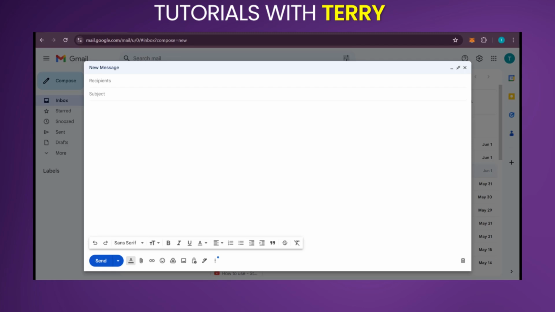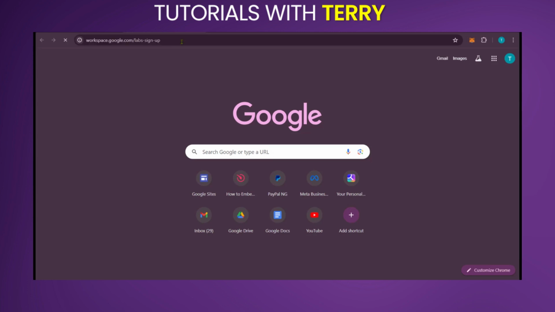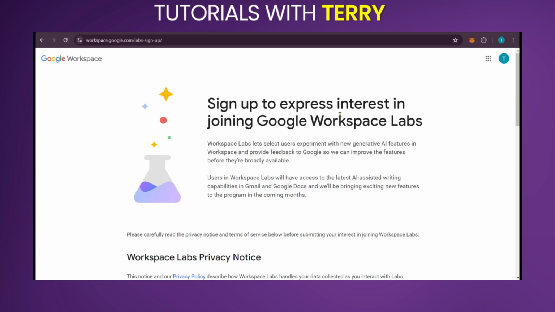In this video, we'll be showing you how to enable Help Me Write in Gmail. We're going to open a new tab and input the address: workspace.google.com/labs-sign-up. If you use this address and press enter, it's going to show you how to sign up to express